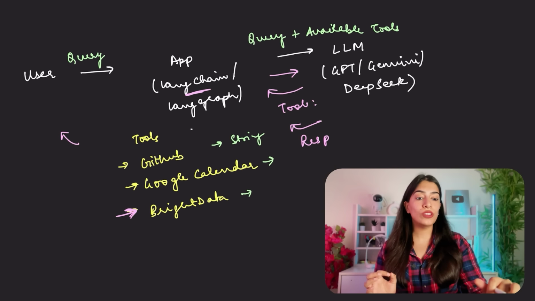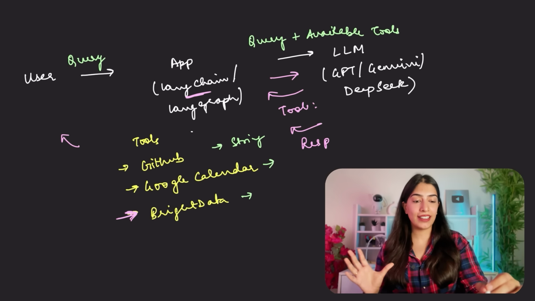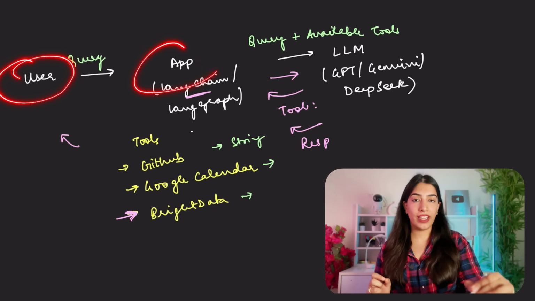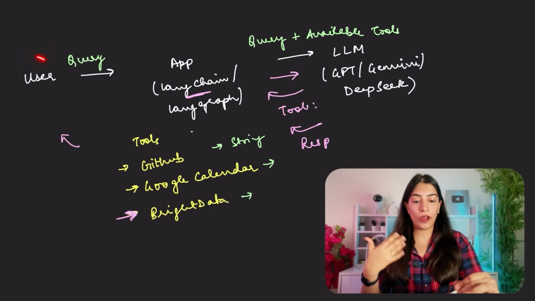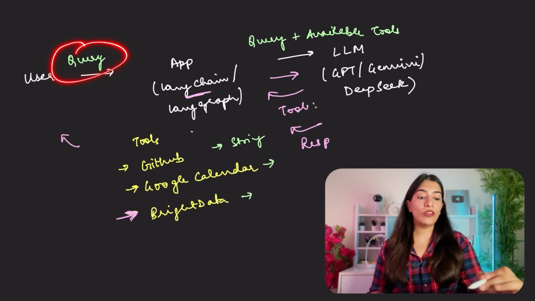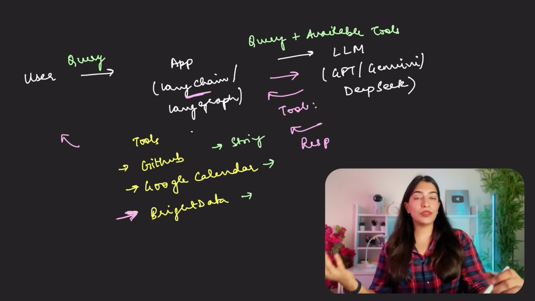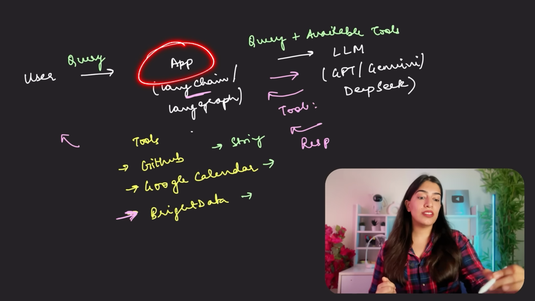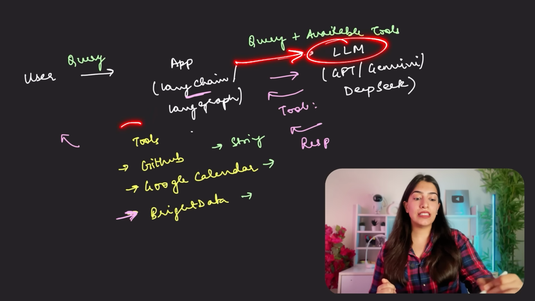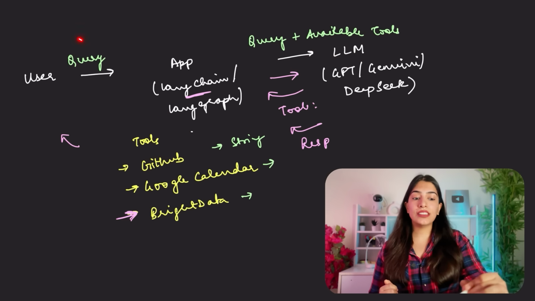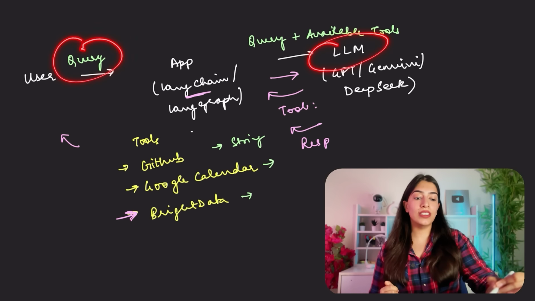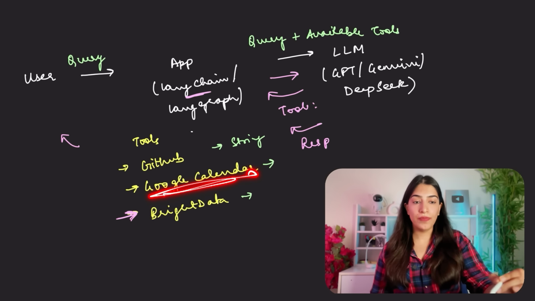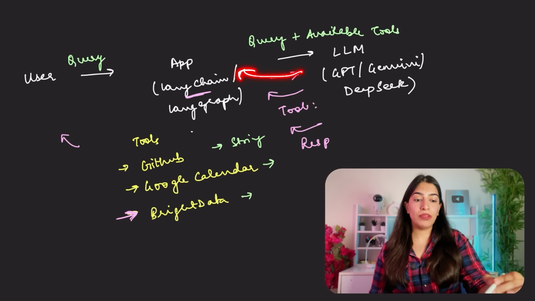Let me tell you the flow just once more so that it is completely clear. The user is going to send a query, and it can be anything. Suppose, now let's take another example, schedule a meeting for me at this particular time for this particular title or something like that, okay? So our application is just going to send to the LLM that, listen, these tools are available and this is the query. So it is going to see that, oh, this is something that can be done by Google Calendar. So it is going to reply back to our application and say, call this particular tool,